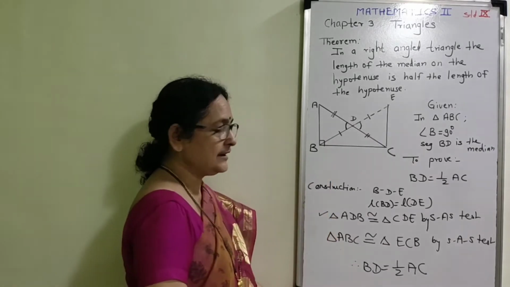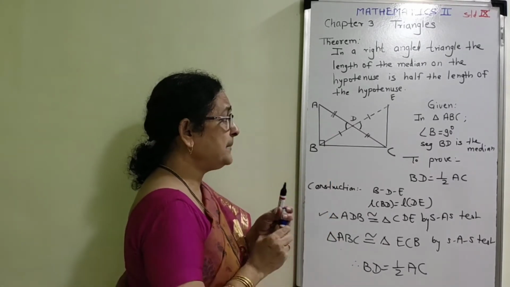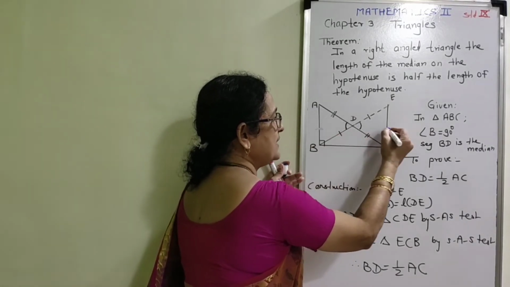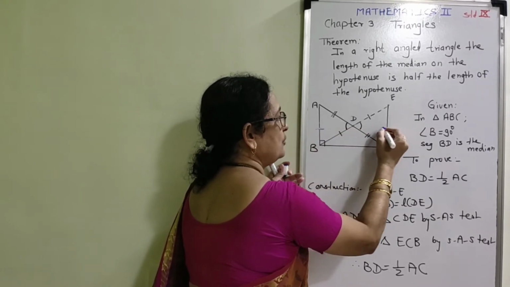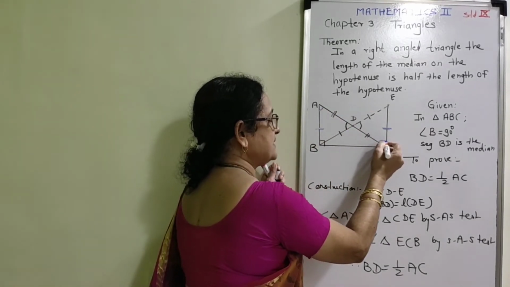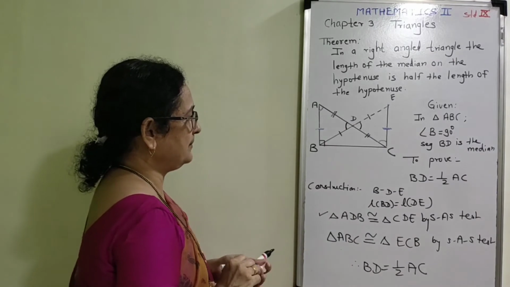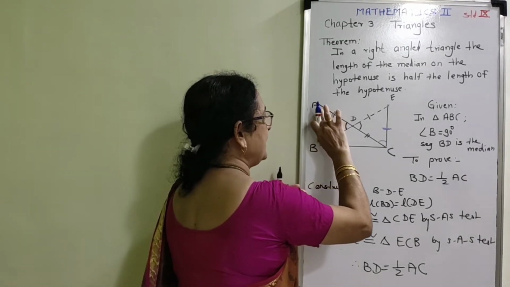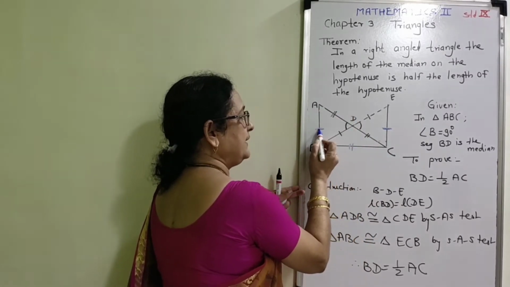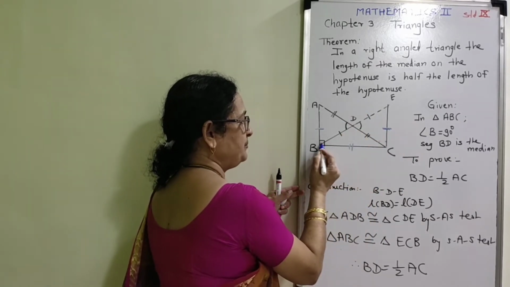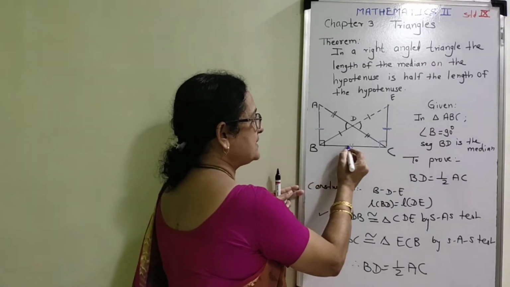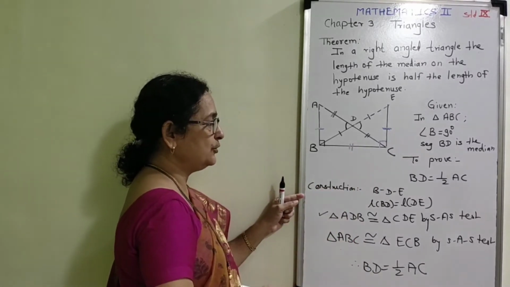Now since these two triangles are congruent to each other, the remaining components are also congruent to each other. First of all, I will take the remaining pair of sides, that side AB is congruent to side EC. Next, angle A is congruent to angle C. Now observe the pairs. First of all, don't take these two angles. BC is the common side. Then AB is congruent to EC. Angle B is congruent to angle C, and also here side BC is the common side of both the triangles.